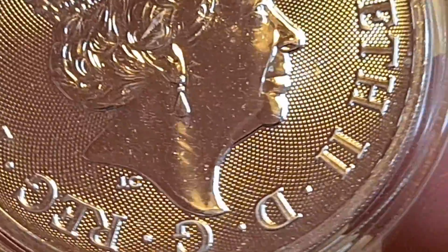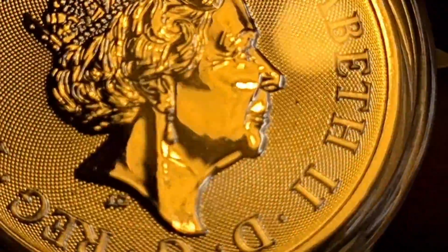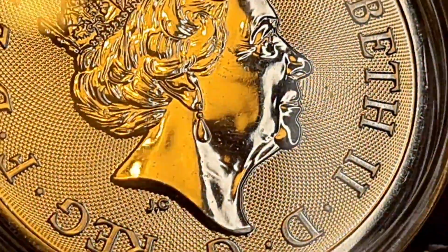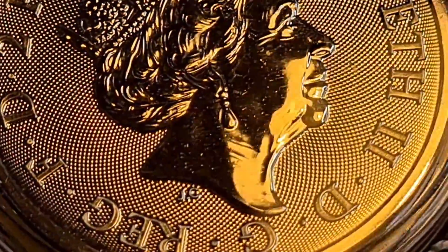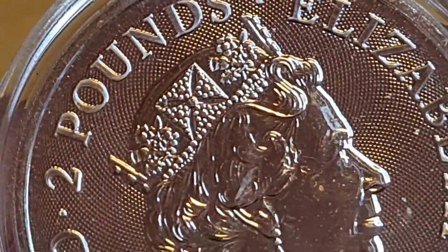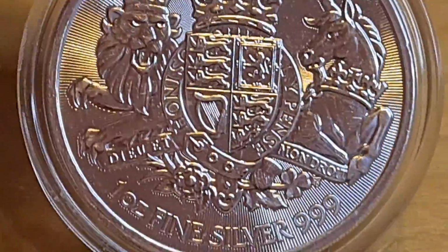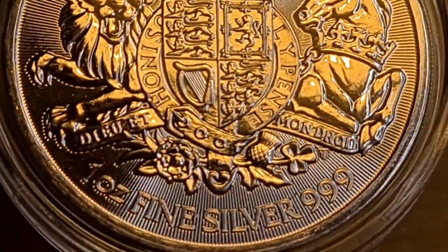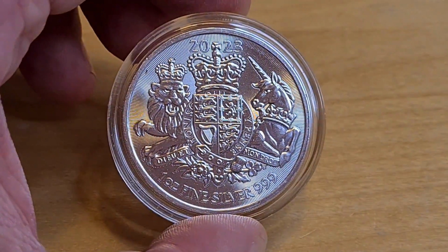Ironically, on the 2023 Royal Coat of Arms, there are no scratches on that, but I'm just trying to look here. Now that's just the way her neck looks. But yeah, just trying to give you a heads up as to what these things could be and might incur. However, just quickly to finish up,